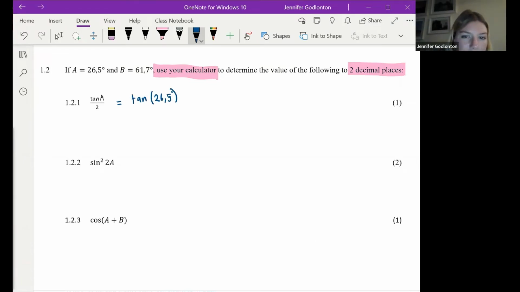Okay. So the first one is just saying we have tan 26,5 degrees all over 2. And we're going to put it into our calculator exactly like that. So we're going to push the fraction key. We're going to say tan, and then the bracket will open, and we're going to say 26,5. We're going to close that bracket. We're going to put it over 2, and we're going to push equals, and I get